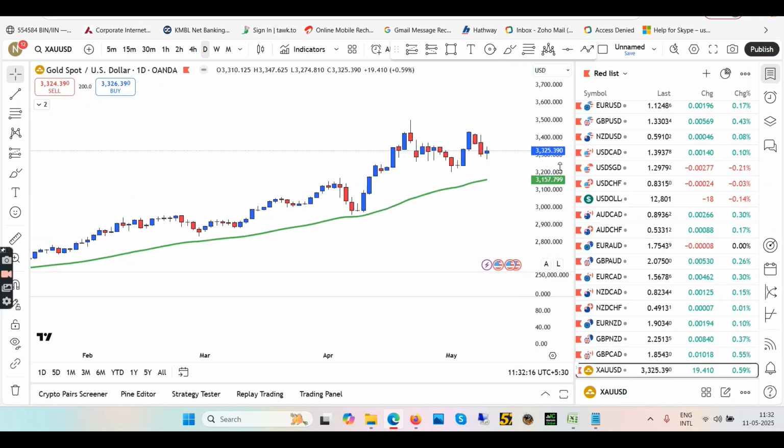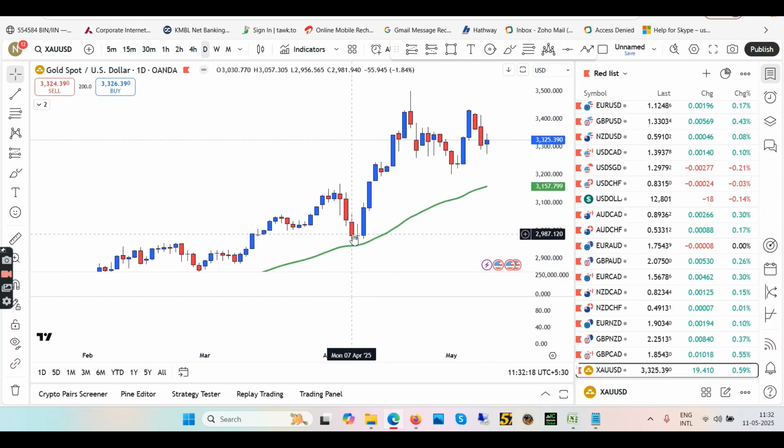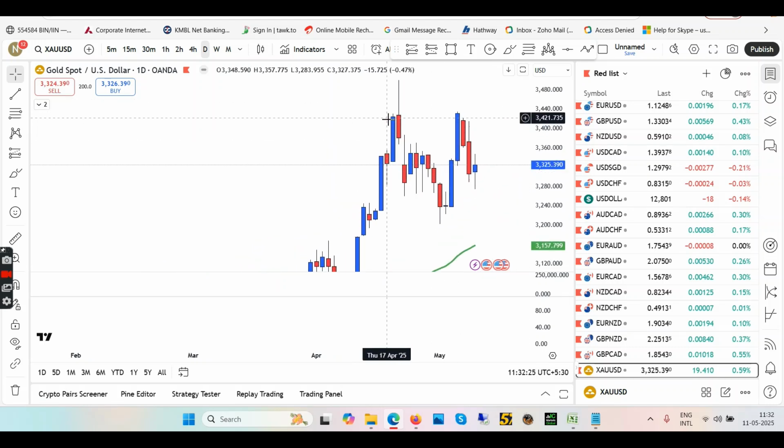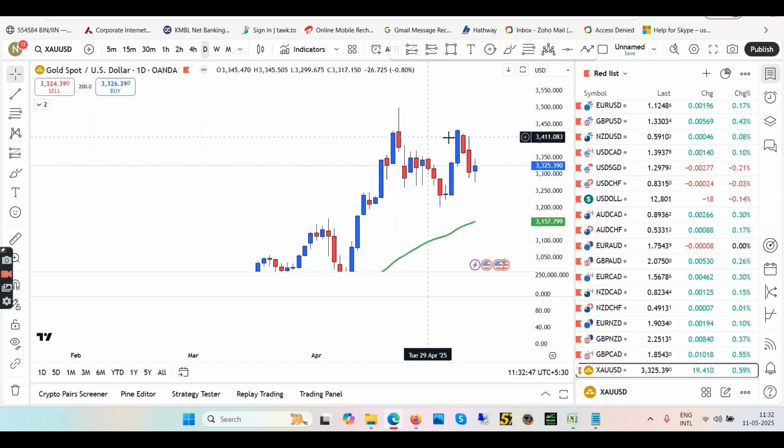Let's come to daily here. In daily, last time we touched the EMA was long back in April, then went up, pulled back, then went up, pulled back. Okay. In daily, we have made a new high. So I don't think we are going down. We will continue the uptrend in gold, okay, because this previous high is broken by this candle, and then we took a pullback last 2 days. This was on 7th of May, 8th of May, then 9th of May, we started coming up. So yeah, merely it was a pullback.